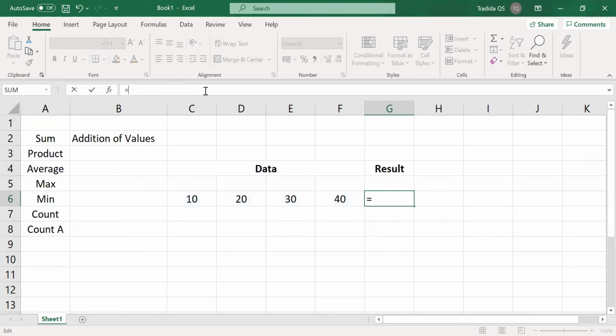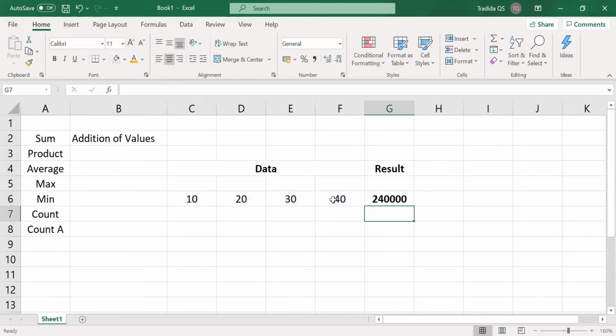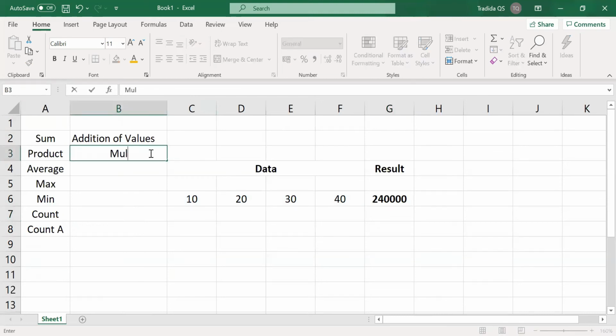Equal to product, bracket open, shift 9, select the 4 values, select the first value, press your mouse left button, keep pressing and drag, close with shift 0, enter. Product. Here what happens? Multiplication of values.